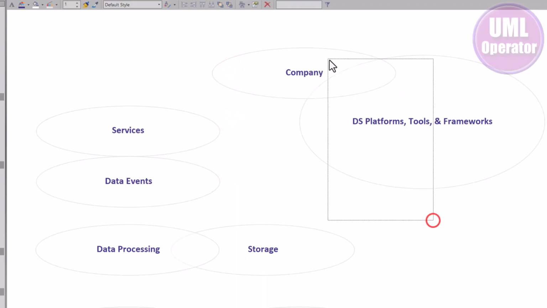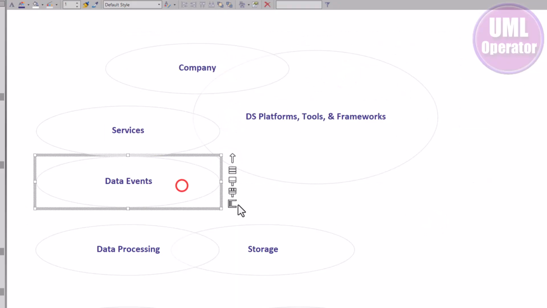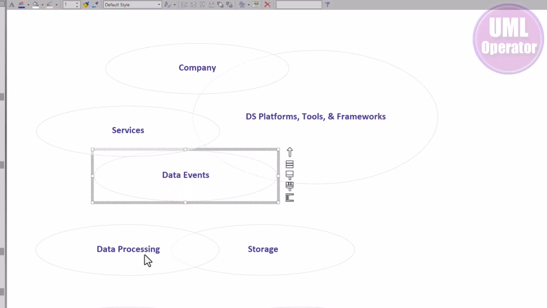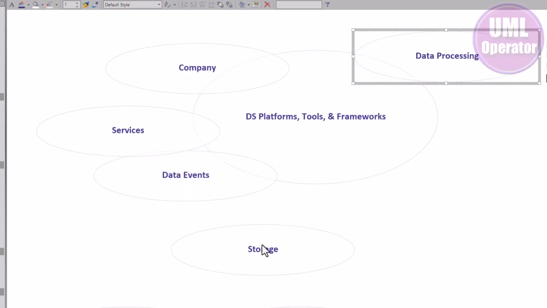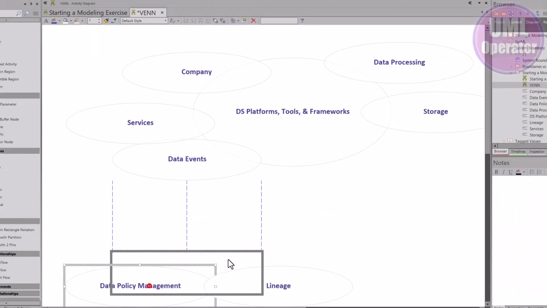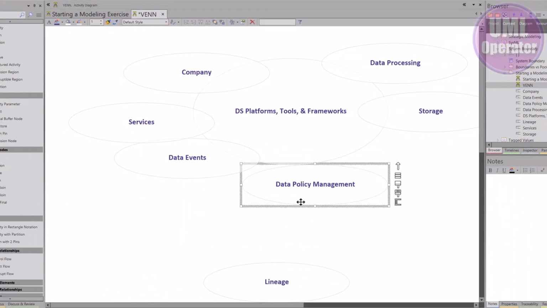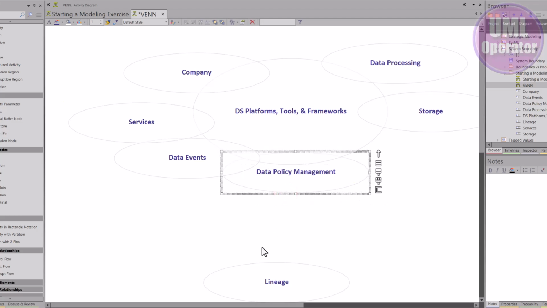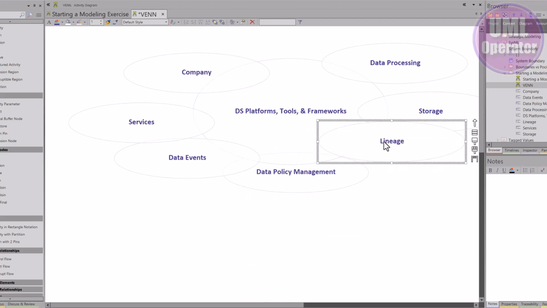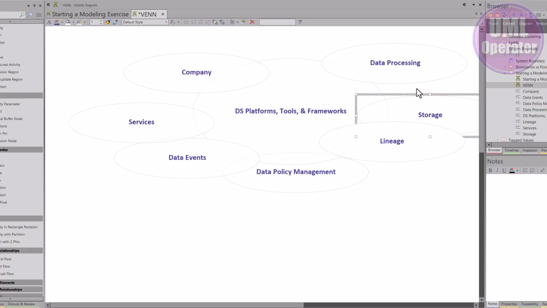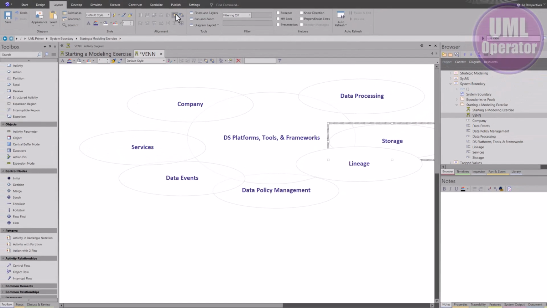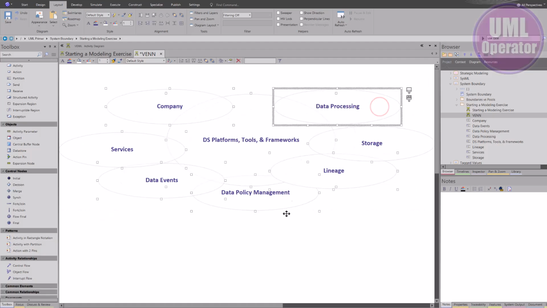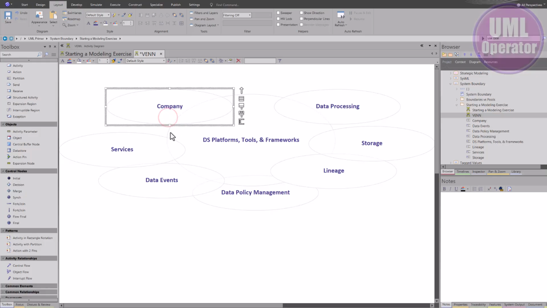And we can start doing Venn intersections in our model to have a conversation about what we want to accomplish within this modeling exercise here. We want these to be intersecting, and we want lineage to be intersecting with storage. And then maybe I want to put this one on the top to make the line show up like that. Move this one over. And now we're creating a Venn diagram with all of the intelligence that we put